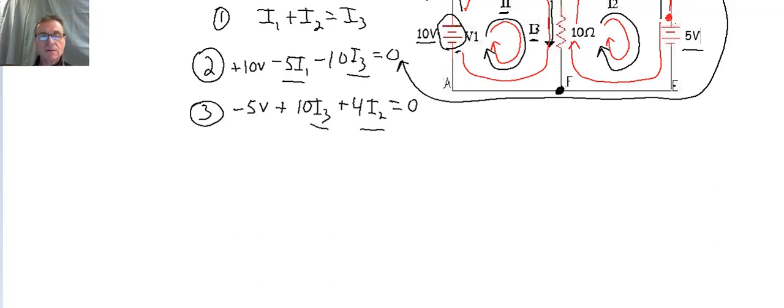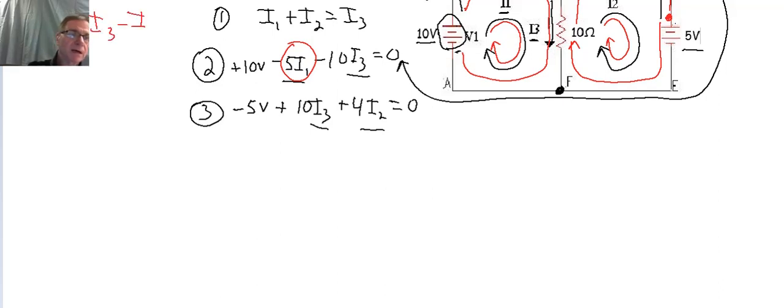So what I'd like to do is get rid of the I1 term, and replace it in terms of I2 and I3. So I want to solve for I1 in terms of I2 and I3. Well, I can do that because equation 1 up above has I1 plus I2 equals I3, or we can say that I1 is equal to I3